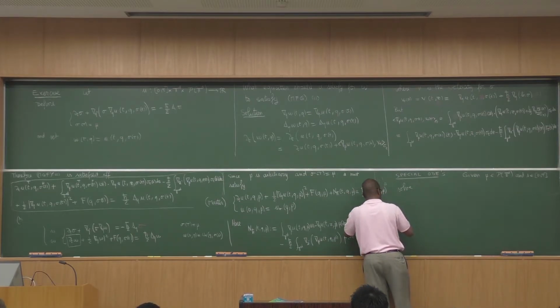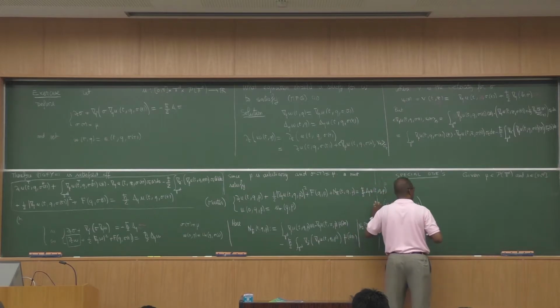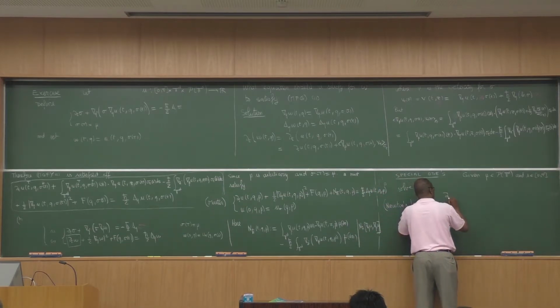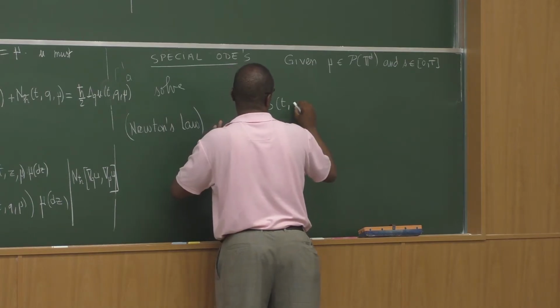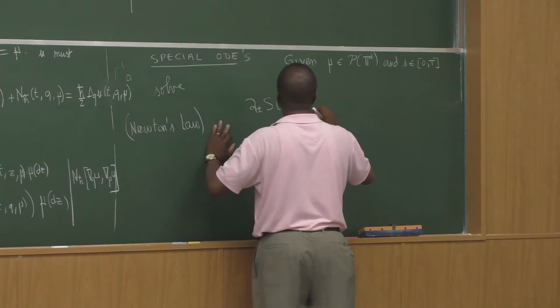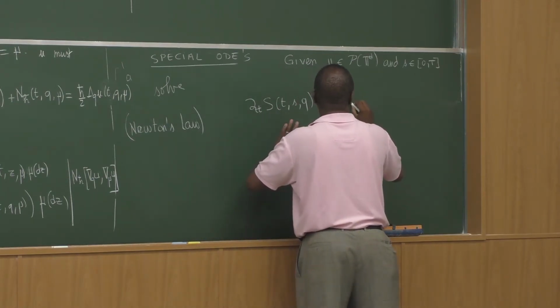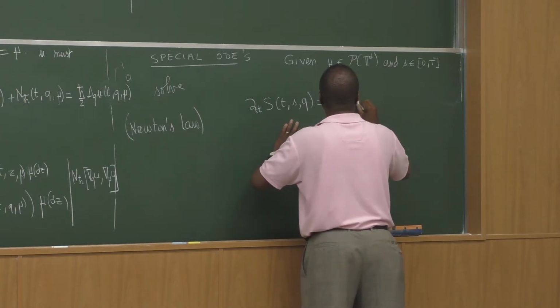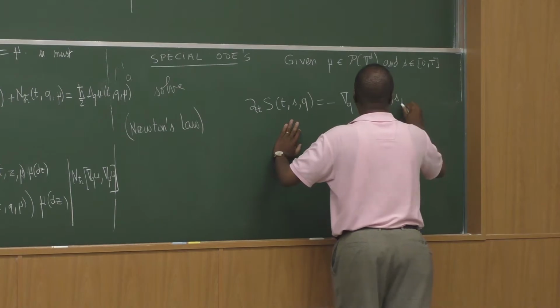And this is just Newton's law. The second derivative of S at t, S q, is negative the gradient with respect to q of f at S t, S q,